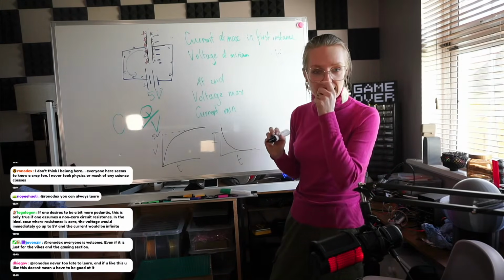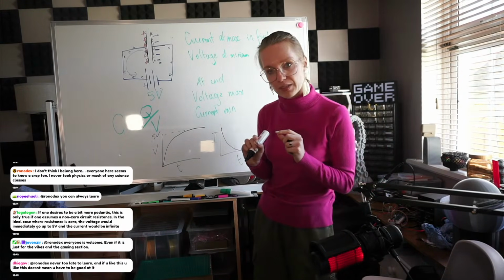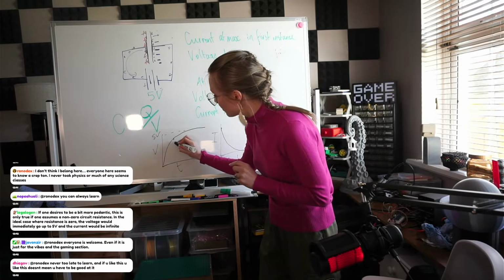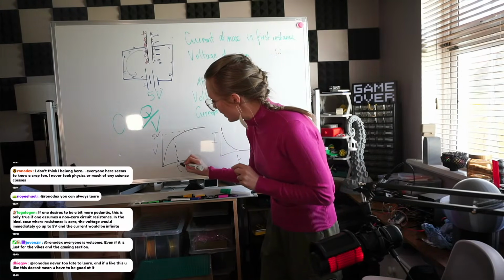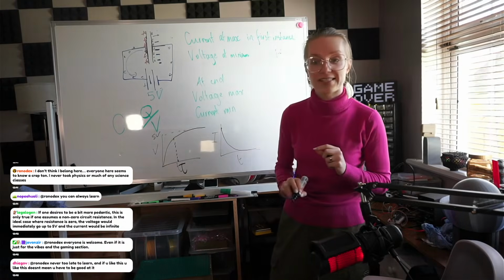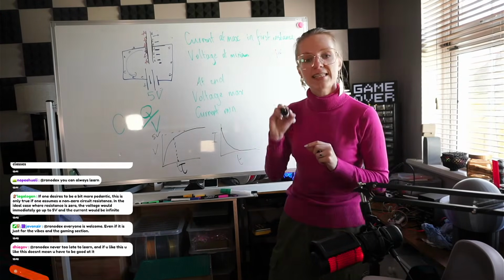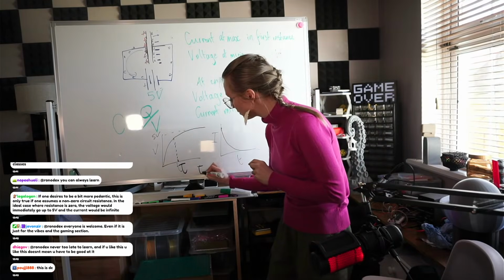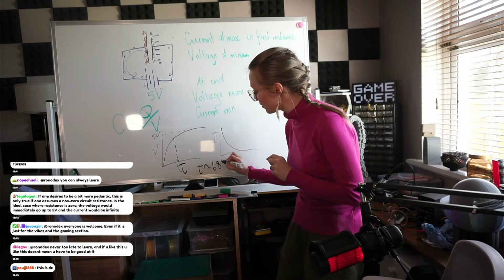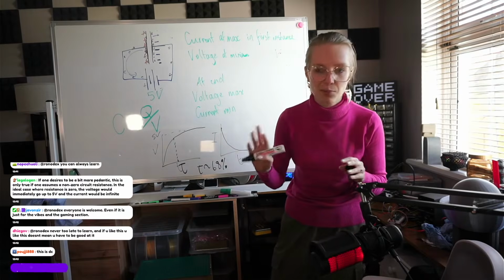Now, a unique thing that we use, a time constant that we use with capacitors, is somewhere around here. We call this time constant tau. I'm sure Grim is delighted to hear the letter tau being mentioned. Tau is a unique value where 68% of the capacitor is charged. I think it's 68.3, but roughly,